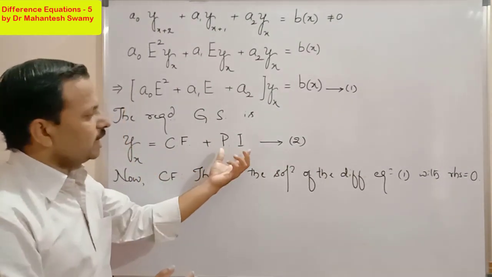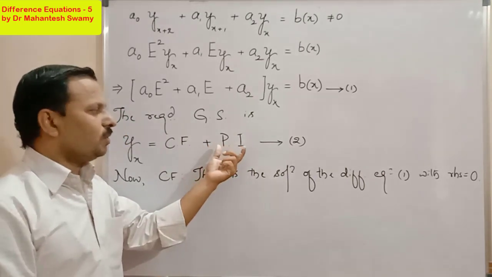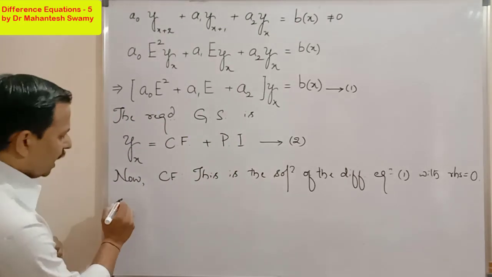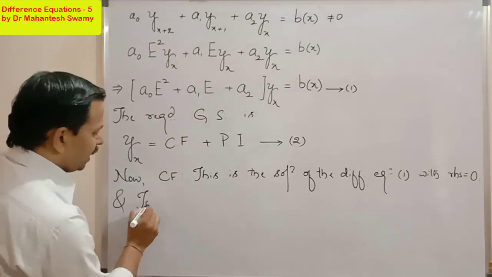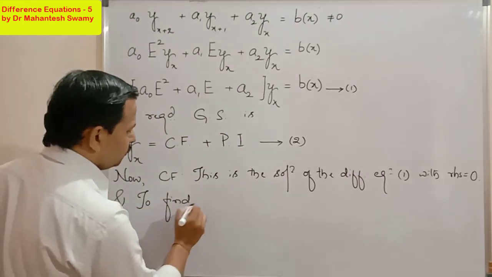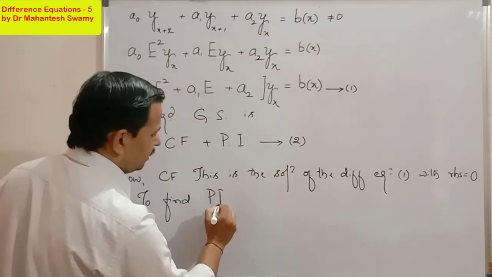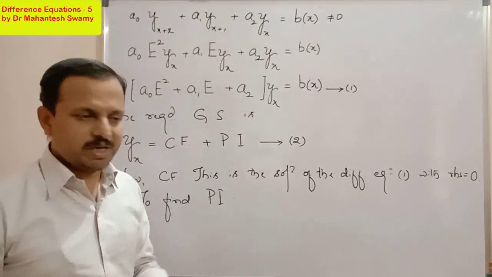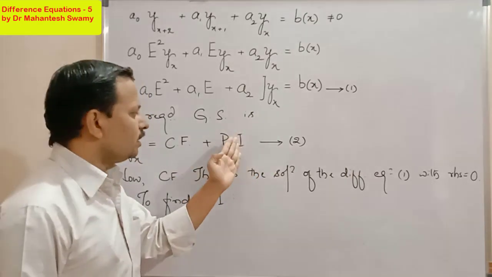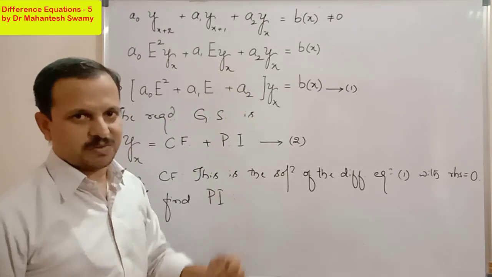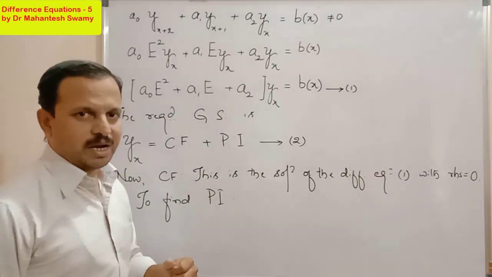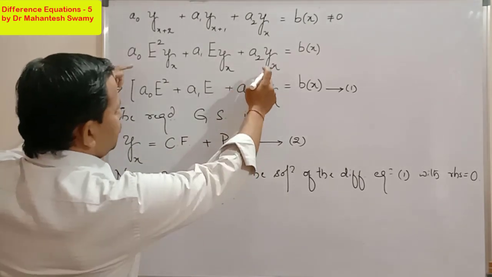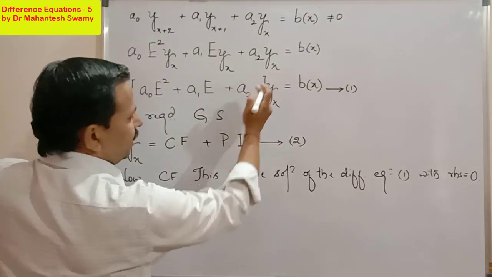Now the extra job here is to do with the second part, that is the particular integral. To find the particular integral, what is to be done? What actually does this particular integral mean? It is the other half of the general solution of the given difference equation. To find the particular integral of the given difference equation, we have to call this bracket in the given difference equation